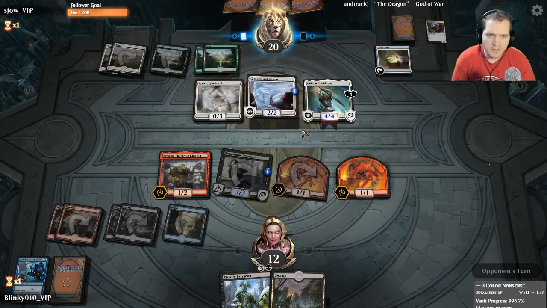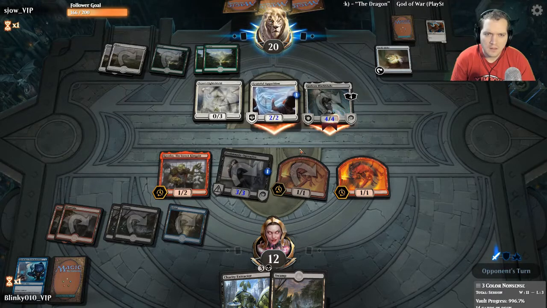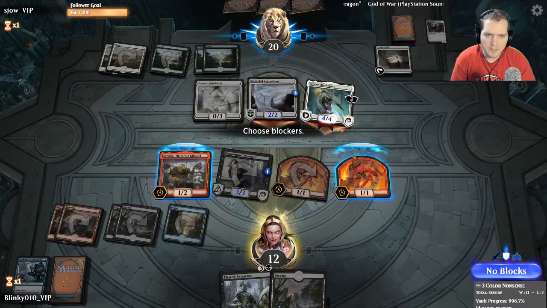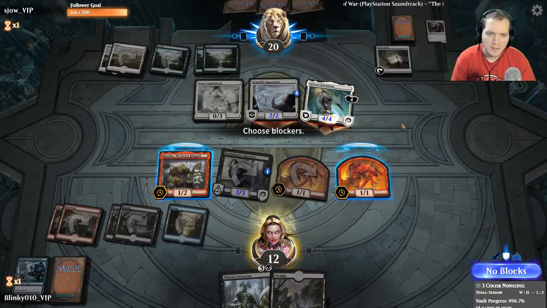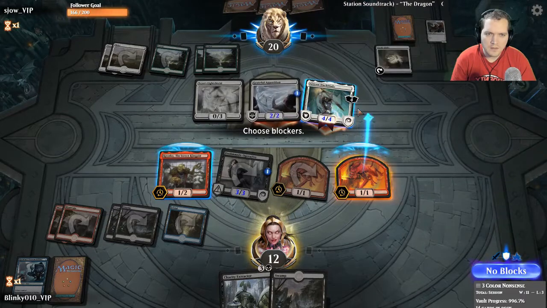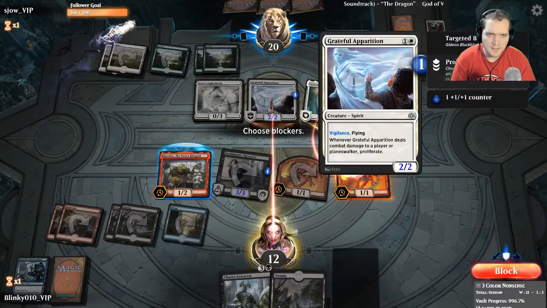So I get to kill Gideon. I think, if I jump with this Devil, the damage has to go to their face, because this thing's indestructible, any damage you deal to Gideon is prevented this turn. And I think I kind of want to chump just to reduce the damage I take and extend the clock a little bit, because this Grateful Apparition is going to hit me